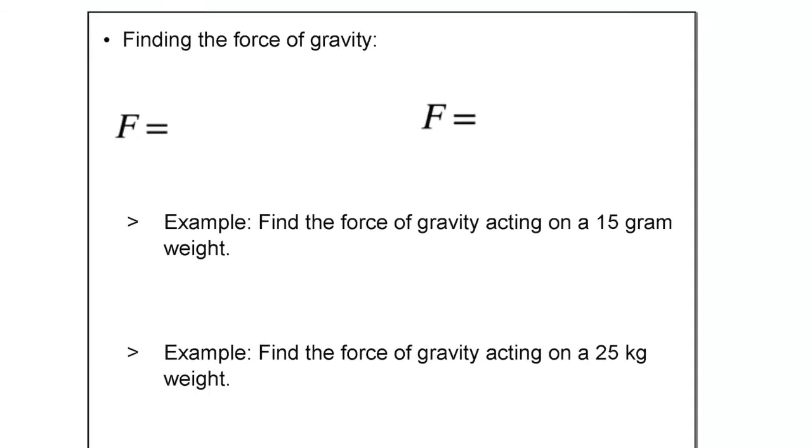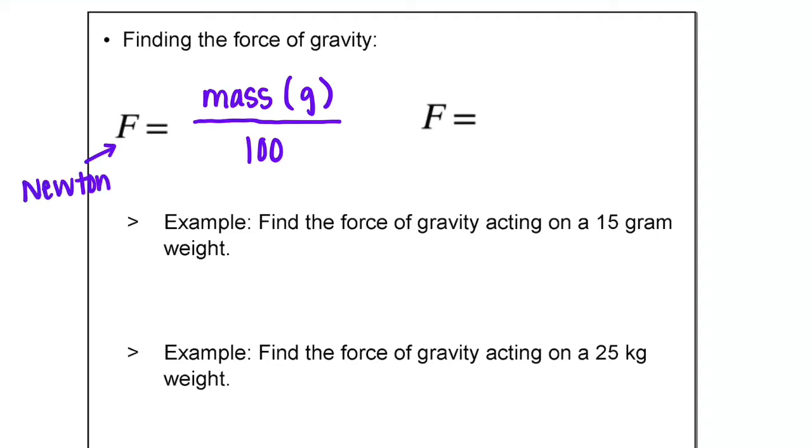Now, there's two different ways that you can find the force of gravity, and it really depends on your mass. So, if you have the mass of an object in grams, what you can do is take that mass and divide it by 100, and that would get you your force in newtons. So our units for force are called newtons. The abbreviated version of that is just capital N. If I wanted to take my mass in grams and I divided it by 100, the unit that I'd have left is newtons. If I had a mass in kilograms,